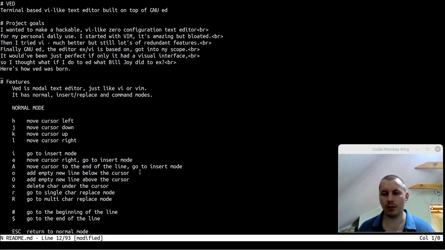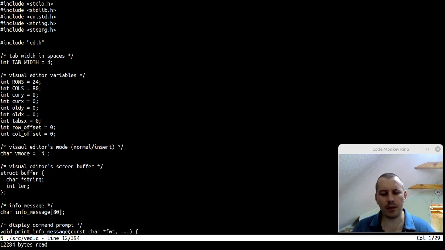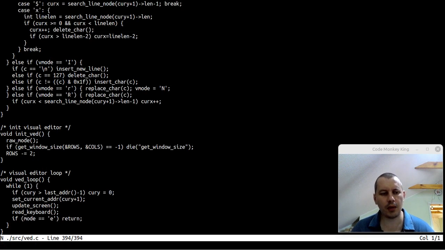And before I go, maybe one last thing. So I say E to not save the changes, and source ved.c, which is the source code of the visual part that you currently see on the screen. So let's go to the end of the screen, for instance. I just use the ed command to navigate through. Also ed commands like minus, for instance, just go one line up. It's quite useless, but yeah, it kind of works. But actually you can use it like